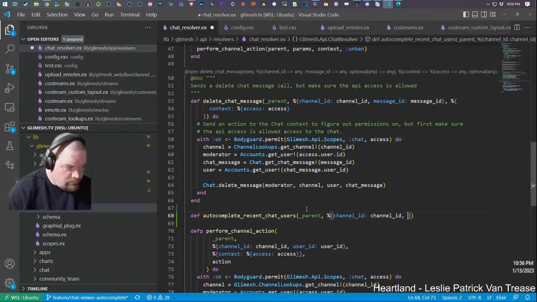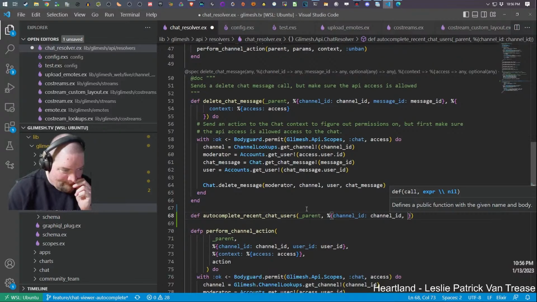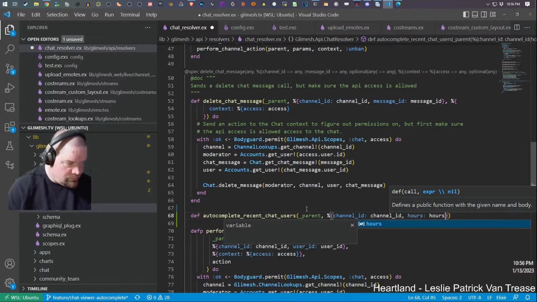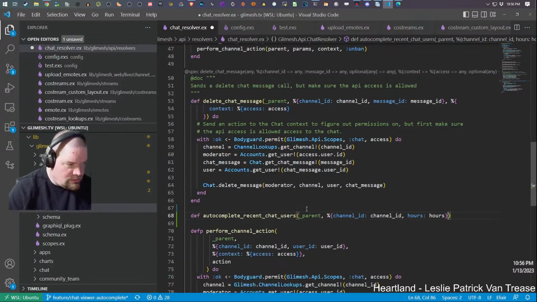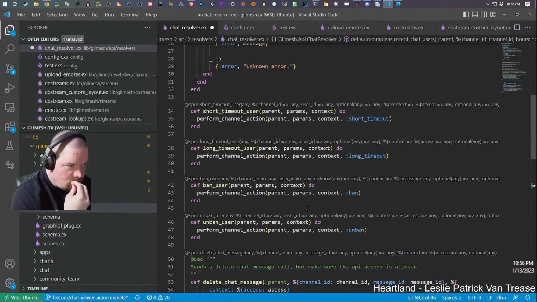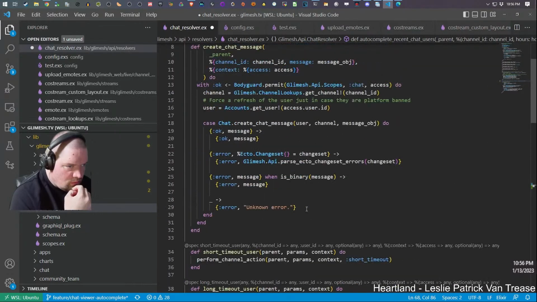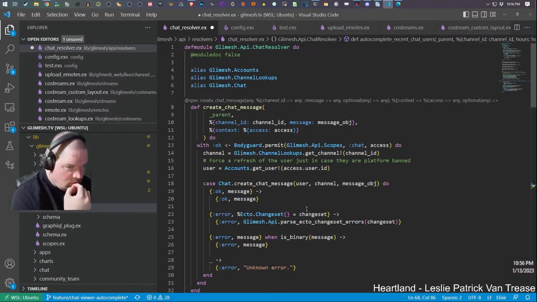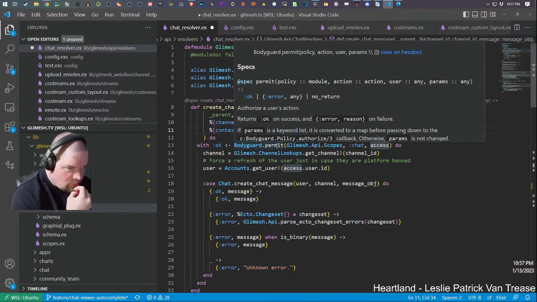And I guess hours. I wonder how do you say that that's optional? Context access. Permit.